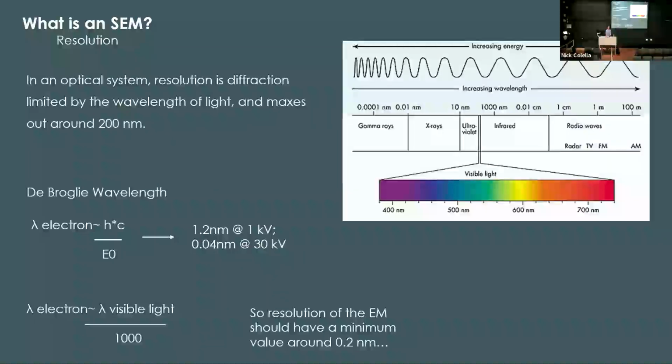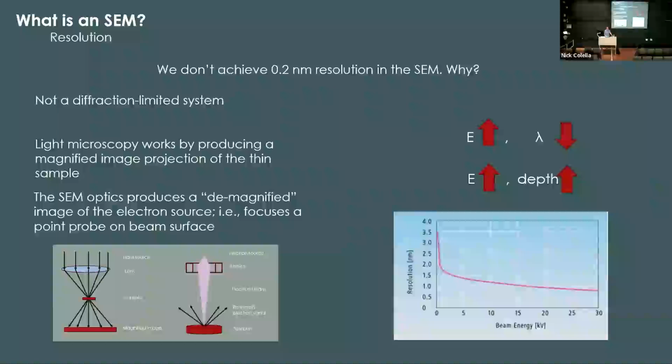There are ways that we can get around that, but broadly speaking, we're doing optical microscopy up to about 200 nanometer resolution. Electron wavelength is much smaller, right? So in theory, we should be able to vastly improve the resolution over optical limits. The wavelength of an electron is roughly 1,000th of the wavelength of visible light. So you would think we could just divide our 200 nanometer limit by 1,000 and get a resolution of 0.2 nanometers, right? Unfortunately, it doesn't work that way.